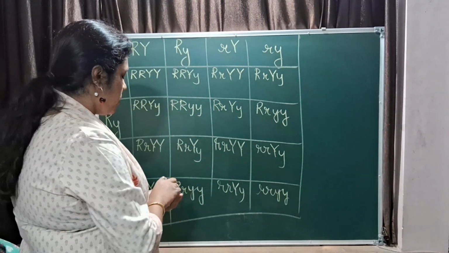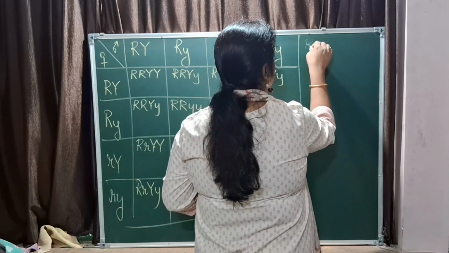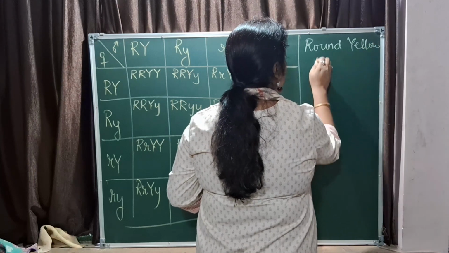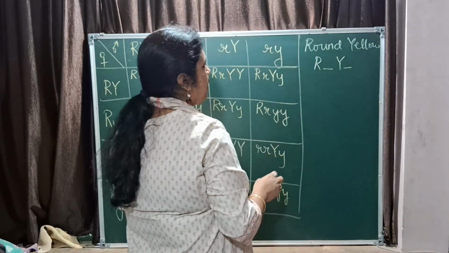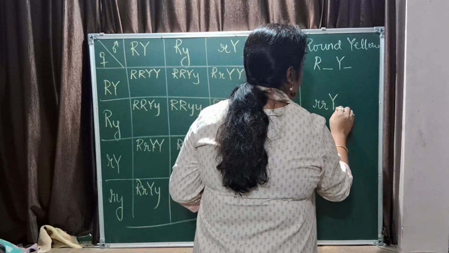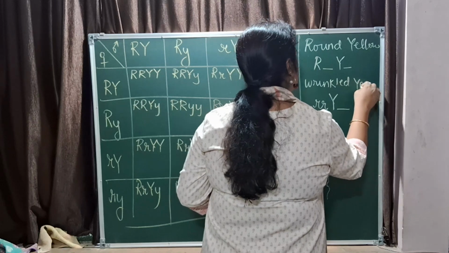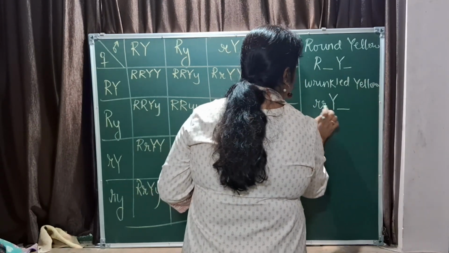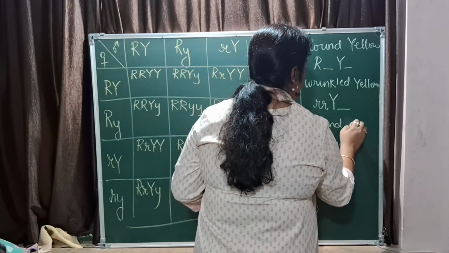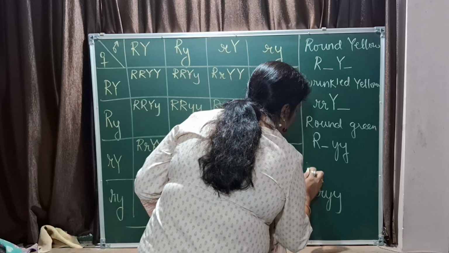The box is ready. Let us quickly find out. Now wherever you have got capital R and capital Y, that will give you a trait as round and yellow. Okay, round and yellow, that will be R and capital R and capital Y. Similarly, wherever you have small r, capital Y and anything, it is your wrinkled yellow. Okay, again you have got capital R, small y, that is your round and green, and the last one, that is your small r, y, that is your wrinkled